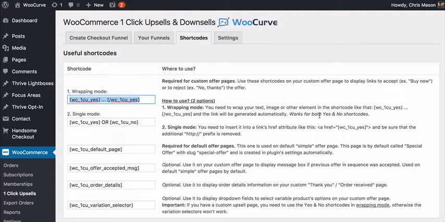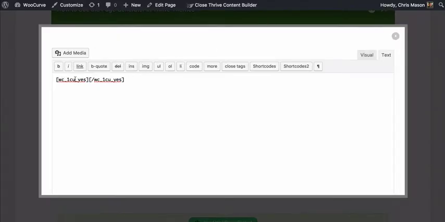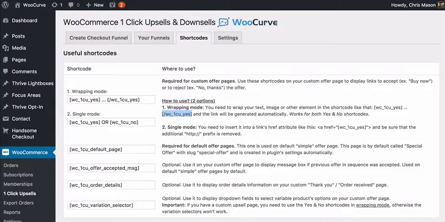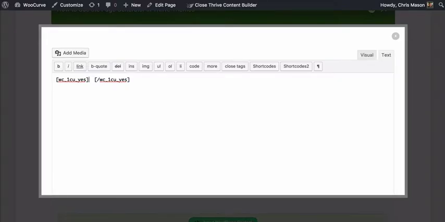So with wrapping mode, all you do is you put this on the front end, then you enter your button link or your button text, and then you close it. So this is kind of like you're opening the link and then closing the link. So I'm going to get a little bit of space, and I've got a button right over here. All right, so I'm just going to use this one, and I'm going to copy this link right there. And here we go. And then actually, I could add the media right there if I wanted to,